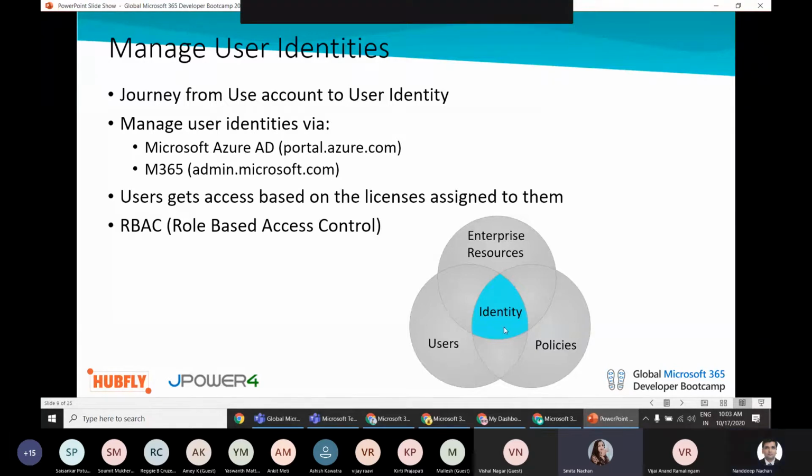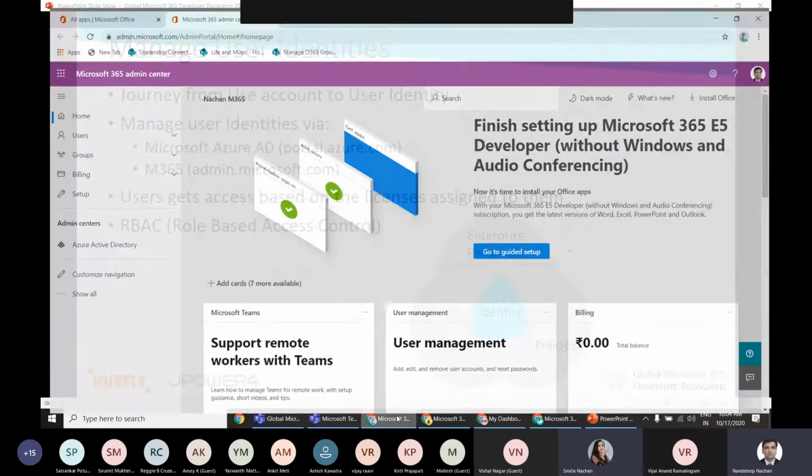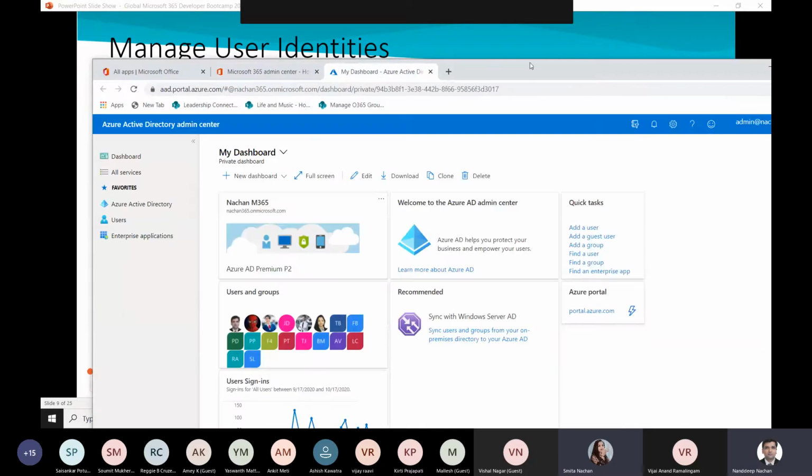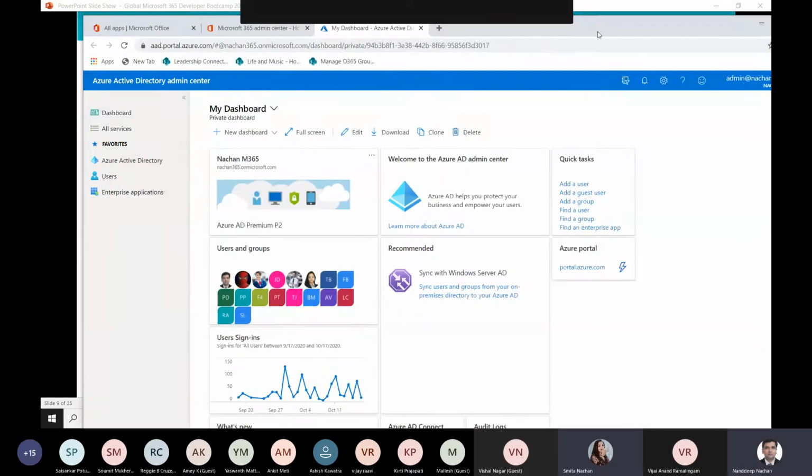There are multiple ways to manage the user identities. The Azure AD portal gives more options to manage the identities. On the other hand, Microsoft 365 Admin Center provides more user-friendly options which are easier to use. So let's see one demo for how to manage user identity. For that purpose, we go to the Azure Active Directory associated with your tenant, and from the user tab,